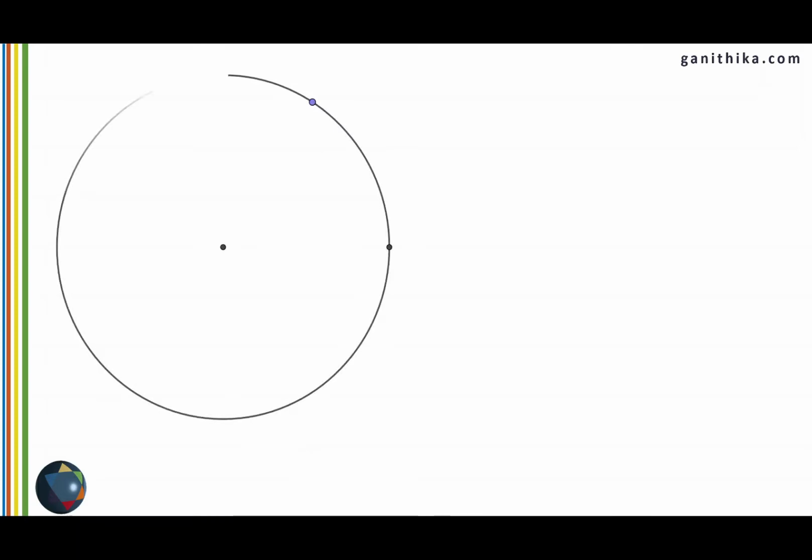We can also measure angles in another unit. Instead of cutting the circle into 360 equal parts, I am going to cut it in a different way. So I measure the radius, and for the same measurement, I cut an arc on the circumference of the circle. So in this figure, the length of the blue line and the green arc are the same. I complete the part of the circle by drawing this radius. So in this figure, the blue line and the red line are radii, therefore they are equal.